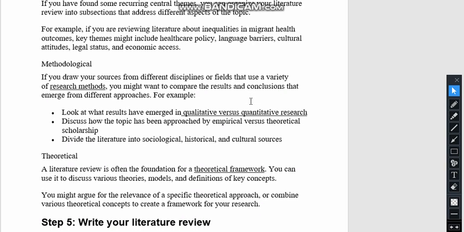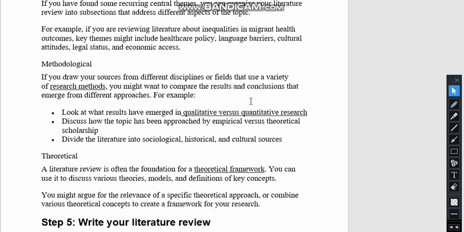Also, we need to see the methodology of the research. We have to find sources from different disciplines or fields that use a variety of research methods. We have to compare the results and the conclusions. So we need to see the results that have emerged in qualitative versus quantitative research.